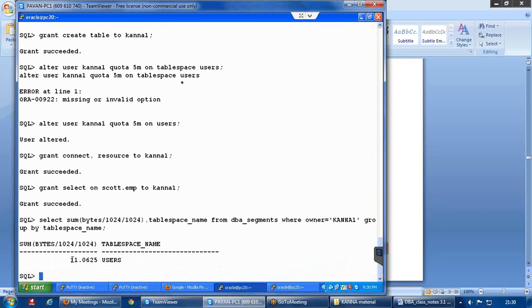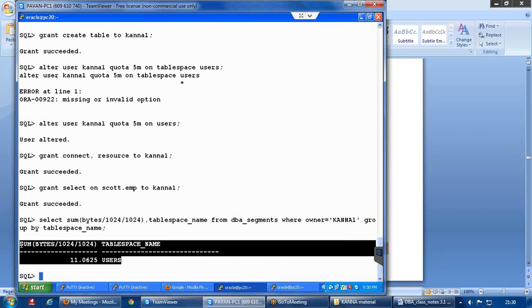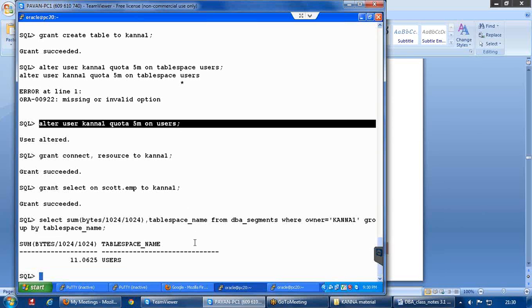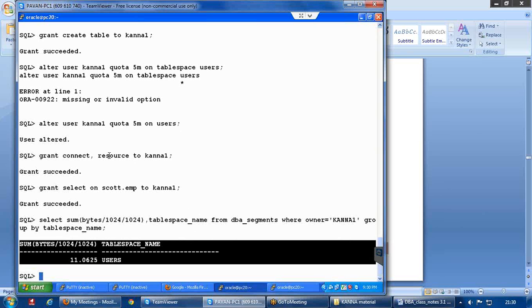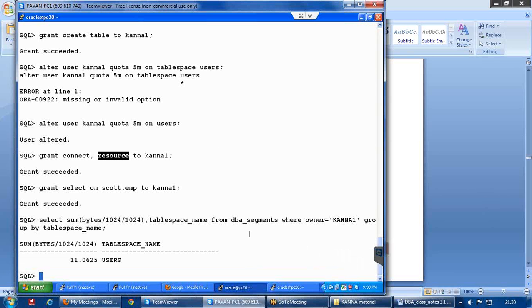And can you see here under users it is using 11 MB. Even though I specified 5 MB only, why is this user using 11 MB? It is because of this resource parameter, or resource role I should say.